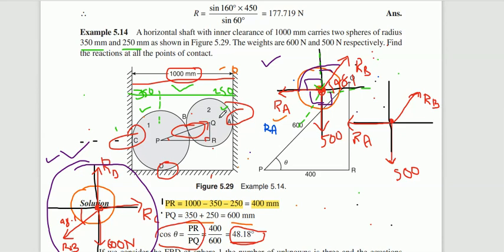Here the important thing is that drawing the free body diagram is very important. Once you draw the free body diagram, you can easily apply Lami's theorem and the equilibrium conditions, and find the unknowns. Just try to concentrate and understand the concept. It is very easy, but in the first problem you may face some difficulties. Just observe the direction, how it is moving.